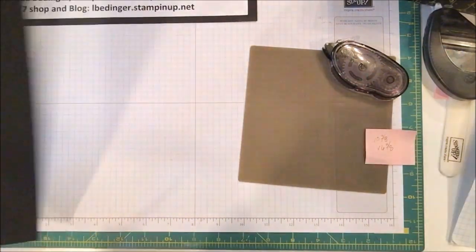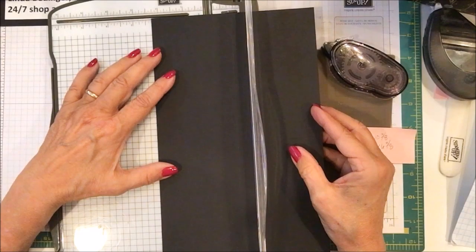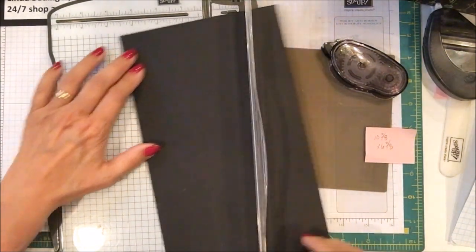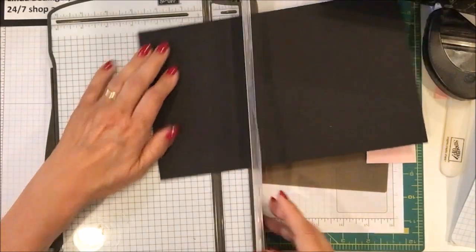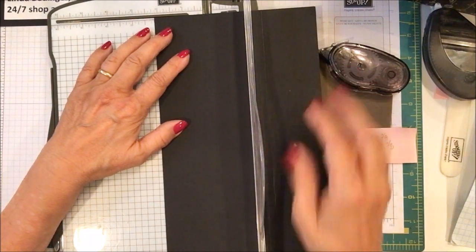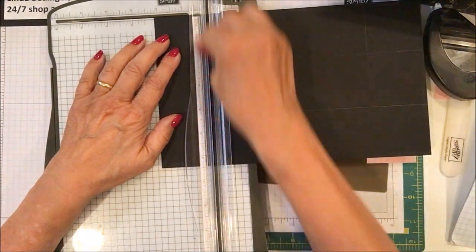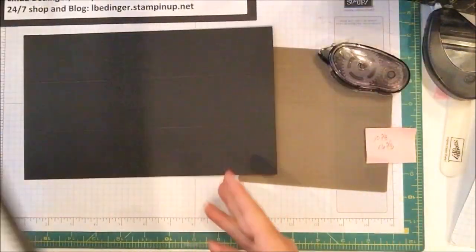So I'm going to bring my trimmer back in, and we are going to set this up at 2 1/8 here, and score, and then turn it, 2 1/8. We'll turn it, 2 1/8, and the last one at 2 1/8. Okay, now